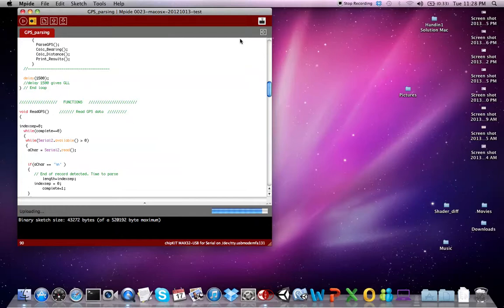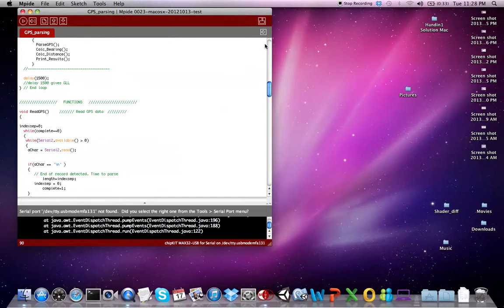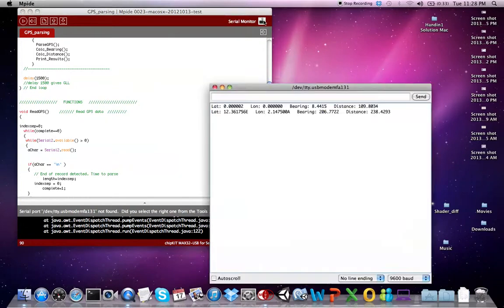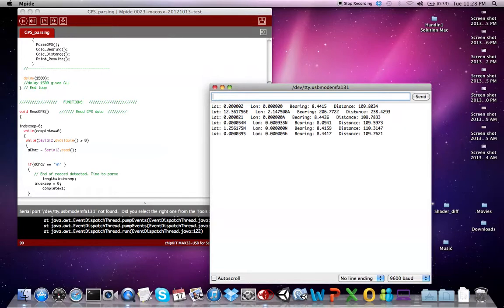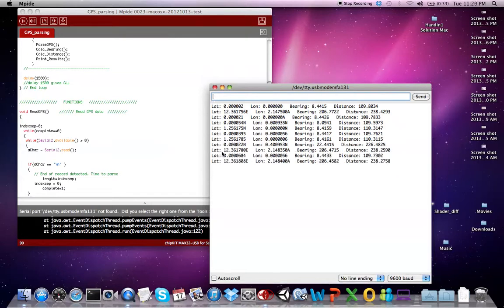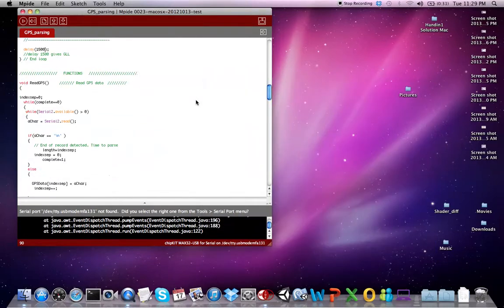Now it's almost done uploading, and we will look at the monitor again. Now it just has a little problem finding the serial port. We have already started, so again, we have not started at the right time, so what we get is not the right string. This is the wrong string. So let's just end this presentation here from the monitor view, and then go back to the code.